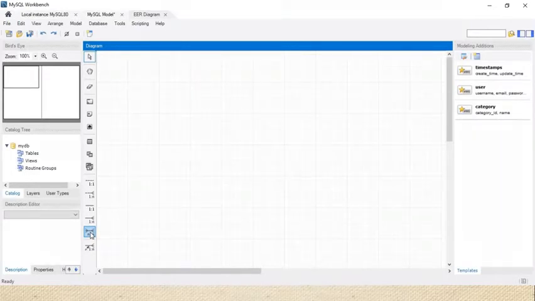Normalization is the most important thing. Without normalization, we cannot do the design either. We will just create the table, but how can we perform normalization? How can we make a relationship from one table to another table? These two things are very important, and in a DB, these two things are majorly used. Make a note of that. So here is the diagram, and in that we will create the tables for the DB of a library.